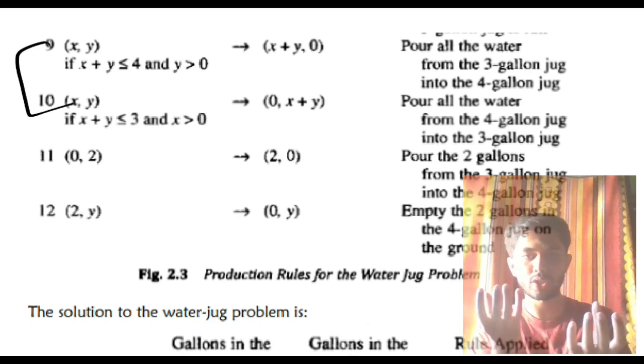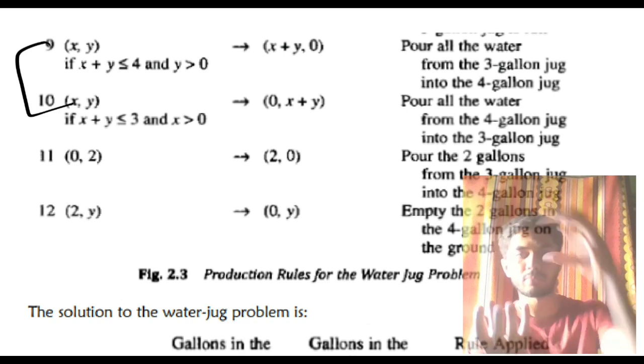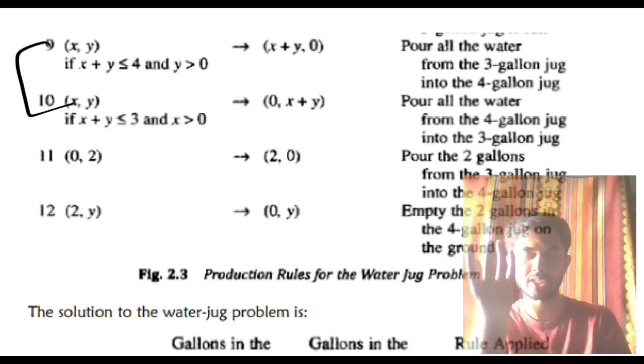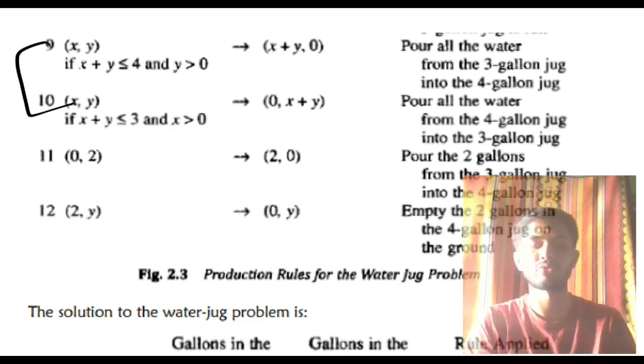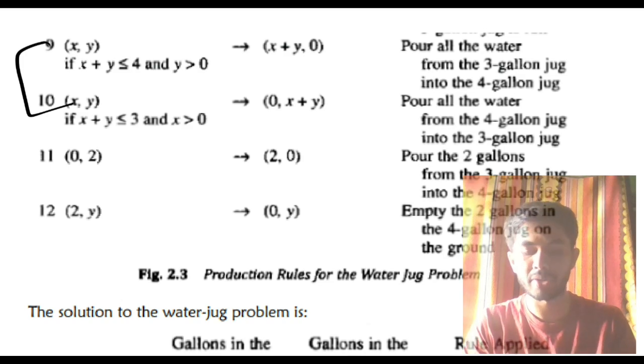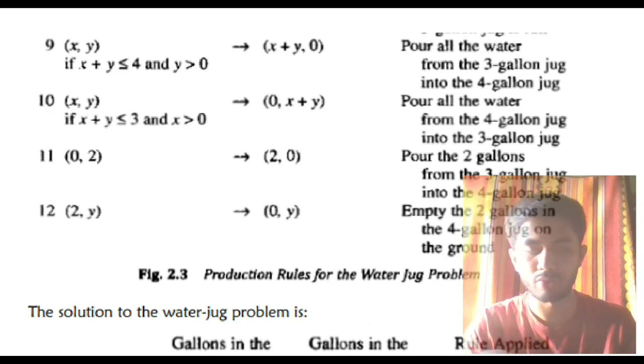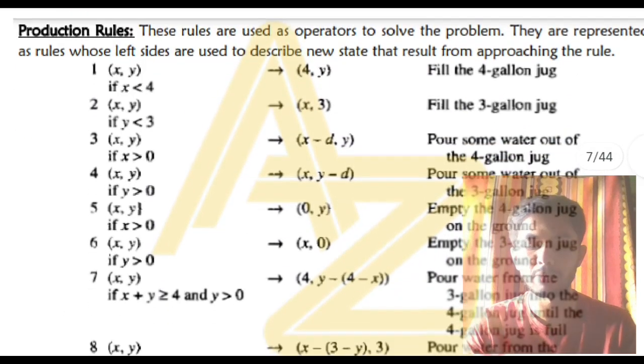If you have 2 liter of water in the third jug, pour it here, this will become 2 liter in case this is empty. If you have 2 liter water here, don't do anything, you already have the 4 liter. In the 4 liter you have 2 liter. Okay, so this is how you need to memorize it, and this is a very simple form in which you can memorize. So how do you keep in mind this one?